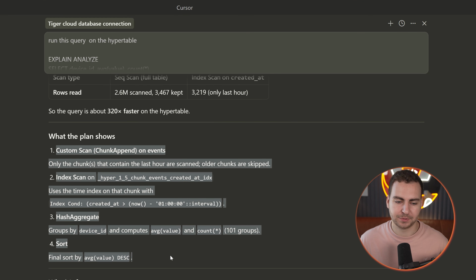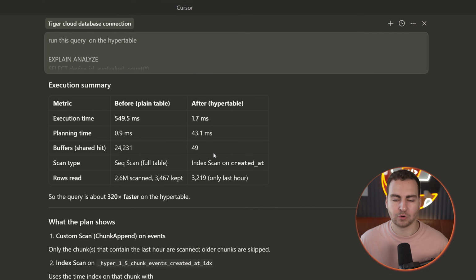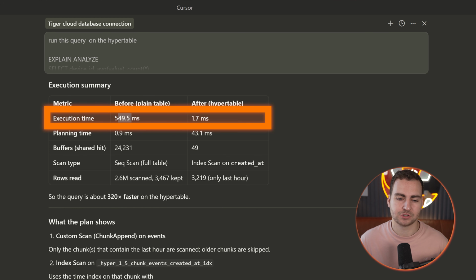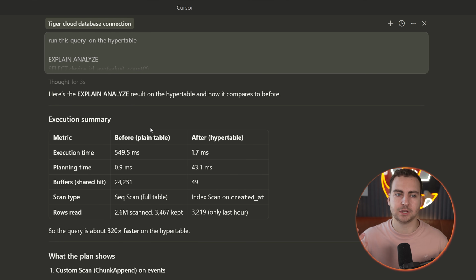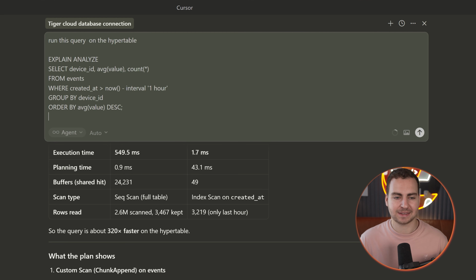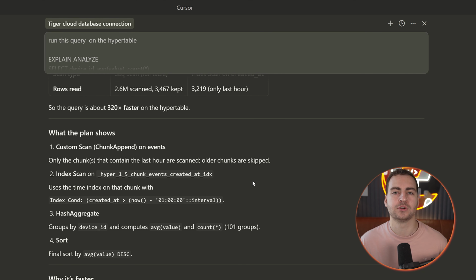And you can see what the plan shows here versus what we had before. Now, of course, as we get larger in table size, this is going to become even more effective because the planning time is not going to drastically increase, but the execution time on the before table would. So if we just look at the execution time, we're looking at, I don't know, 400, 500 times faster, which is insane from literally doing 2 lines, right? 2 queries. Enable extension, convert to hypertable, nothing else changed. We reran the exact same query, and you can see that it is just significantly faster